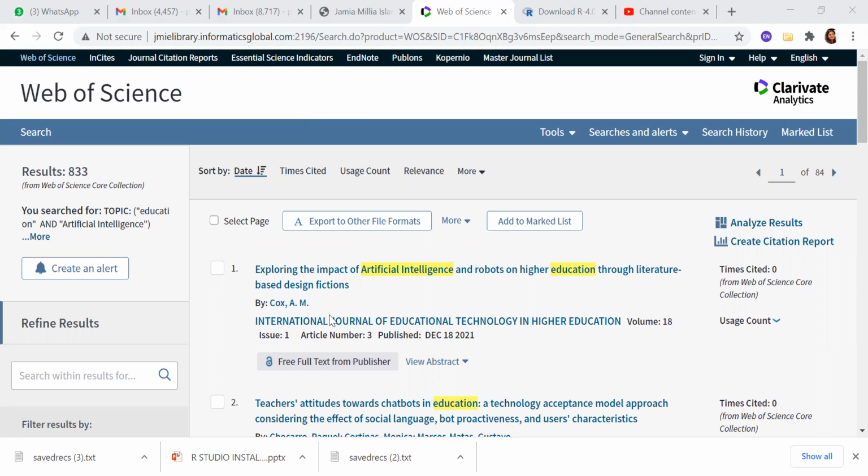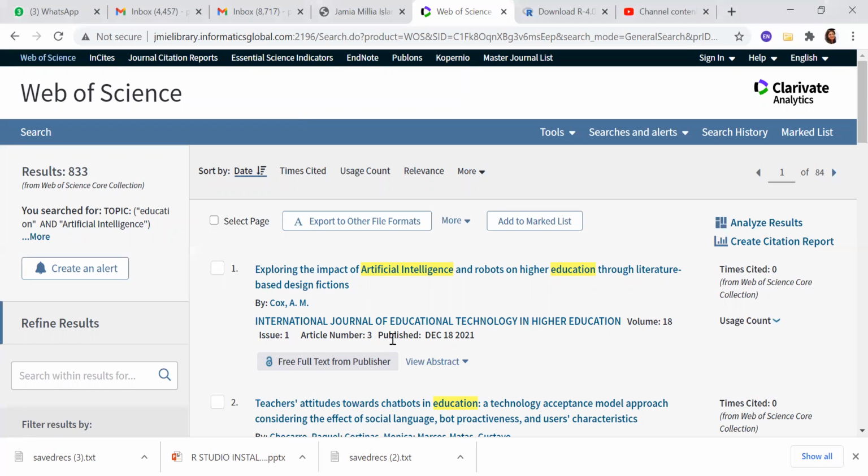Why is this error coming? Because when I exported the data, I have not chosen the whole data. Bibliometrix is a software which works on references and citations also. So its data field is not complete. It doesn't take the complete data field. So that's why it is not reading the file.